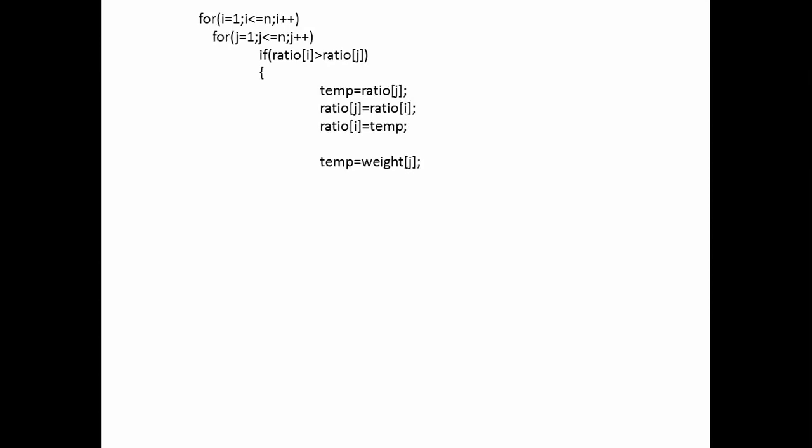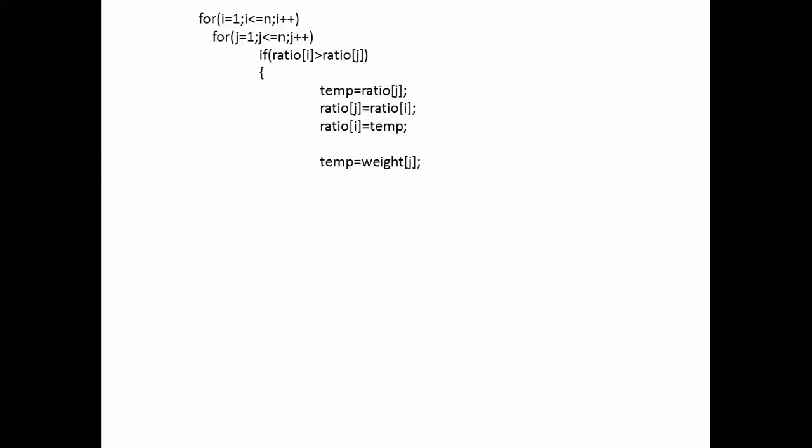Okay, this is the code for sorting. For i is equal to 1 to n, for j is equal to 1 to n, if ratio of i is greater than ratio of j, then temp is equal to ratio of j, ratio of j is equal to ratio of i, and ratio of i is equal to temp. So we are going to sort it. Similarly, we have to sort the weight also.